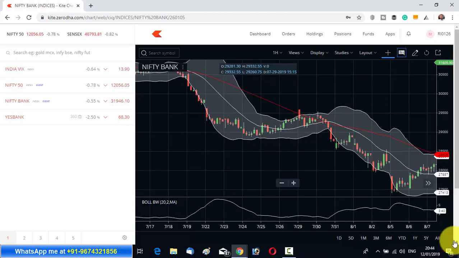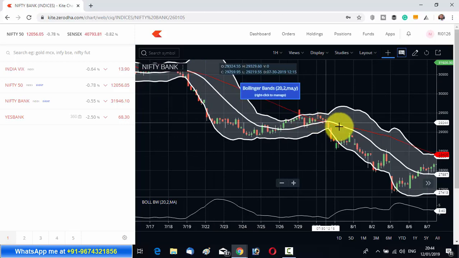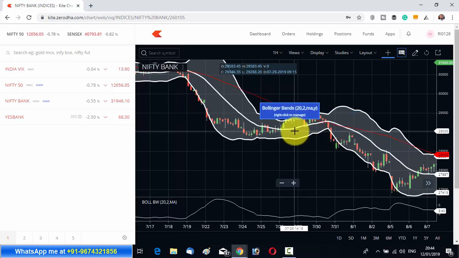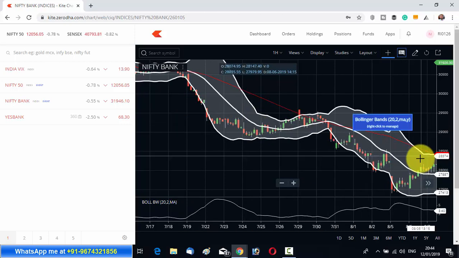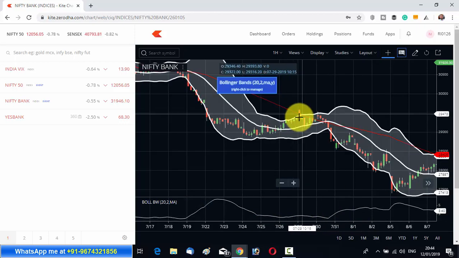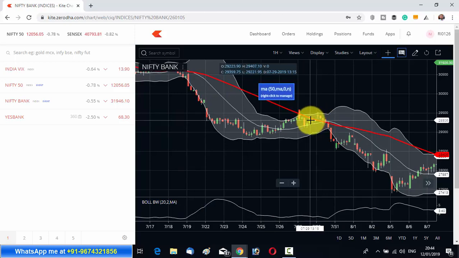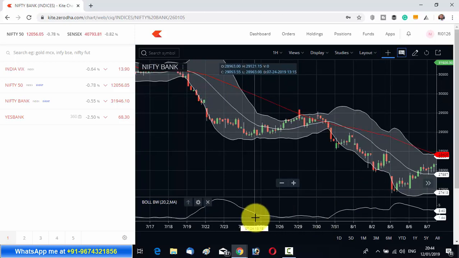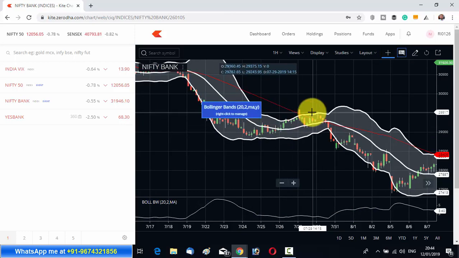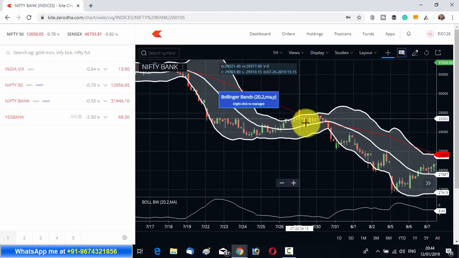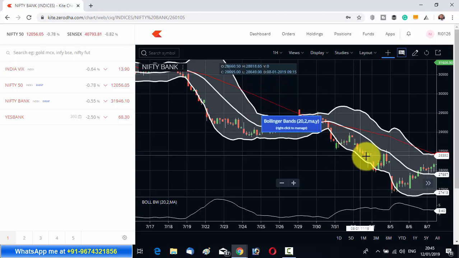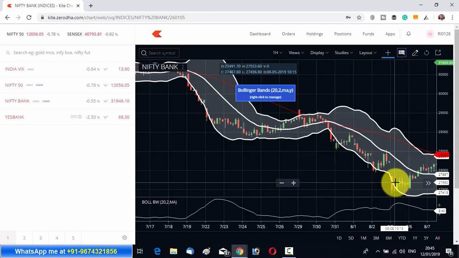Let me show you another example. Here, the larger trend is down because most of the time the price is hovering below the moving average. We have got a low reading on the Bollinger Bandwidth and we saw that the price is touching the upper Bollinger Band. That means the larger trend is down, volatility is low and price has had a rally because it has reached the upper Bollinger Band. From here you can expect that the price will not sustain and will make a downside move, and the same thing happened, you have got a nice fall after that.